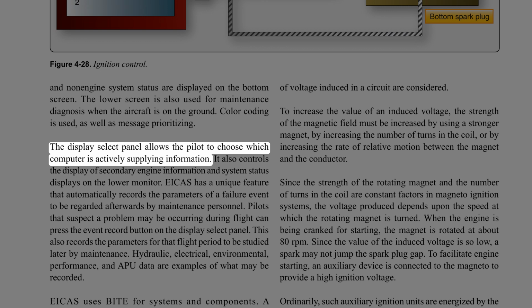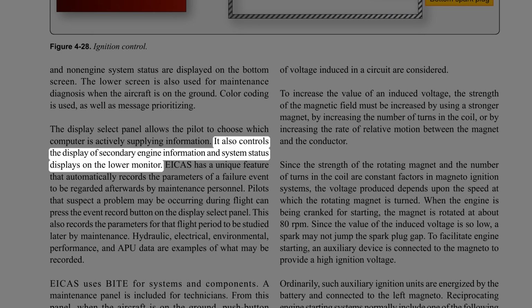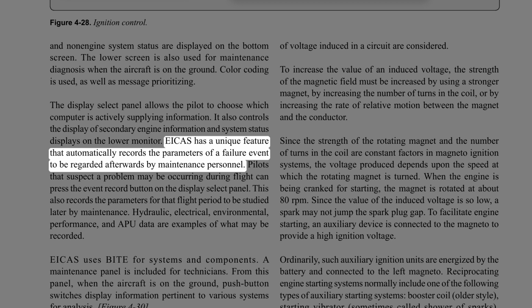The display select panel allows the pilot to choose which computer is actively supplying information. It also controls the display of secondary engine information and system status displays on the lower monitor. EICAS has a unique feature that automatically records the parameters of a failure event to be reviewed afterwards by maintenance